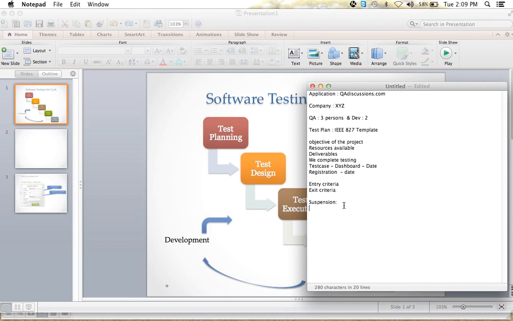And exit criteria, suspension criteria is nothing but there may be chances of a pause in the middle of the project. For example, if the budget is over. Say the budget allocated for QA is 5 million.